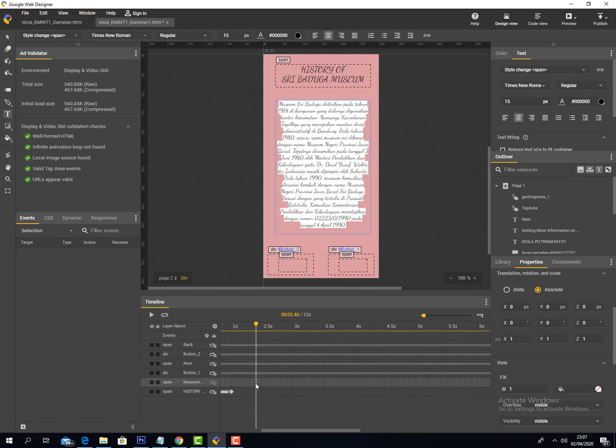Next, I want to animate the longer text, so I put it right here, making a pause for the appearance of the text. Put the opacity to 0 and don't forget to remove the first keyframe.